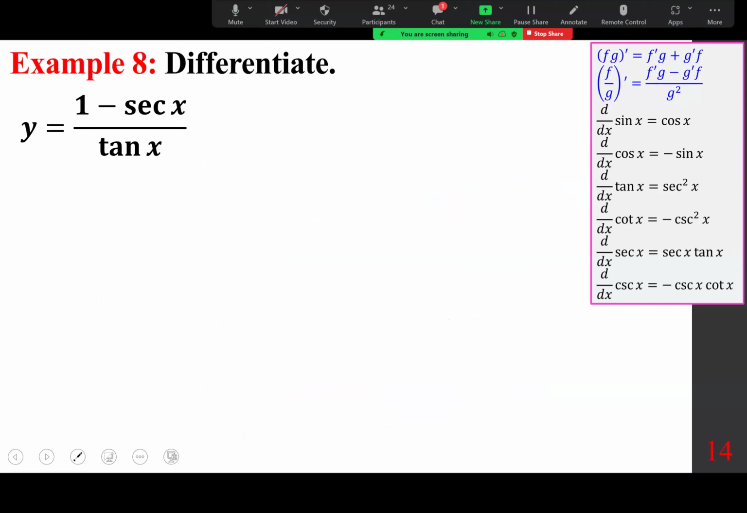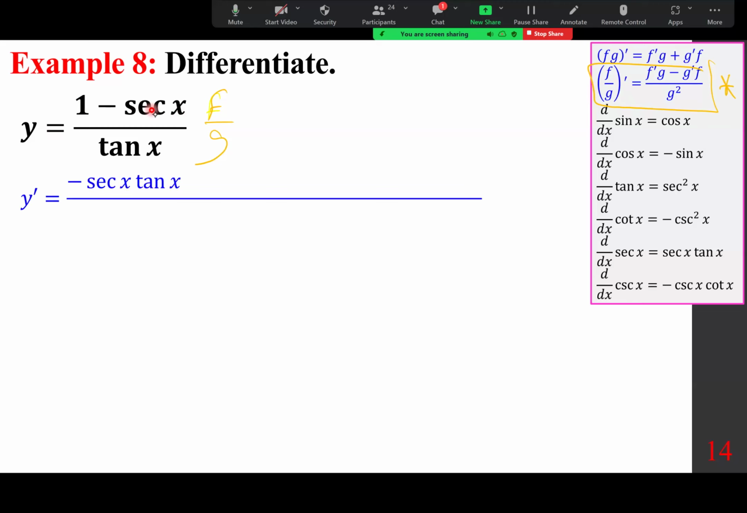We want to differentiate, and obviously we are going to use the quotient rule, where the top is 1 minus secant x, the bottom is tan x. So we're going to go with the quotient rule f prime g minus g prime f over g squared. So we are going to differentiate the top. 1 gives you 0, negative secant x gives you negative secant x tan x, times g, the bottom is tan x, everybody,